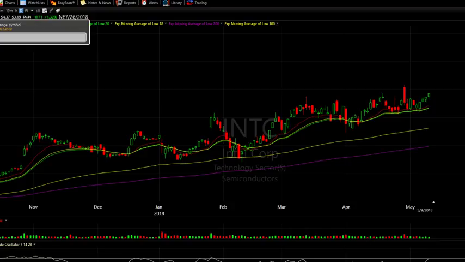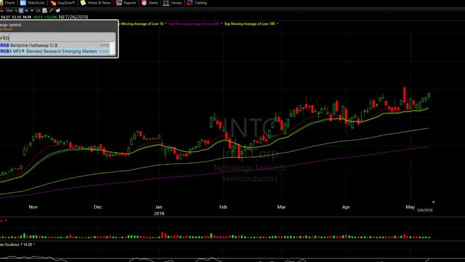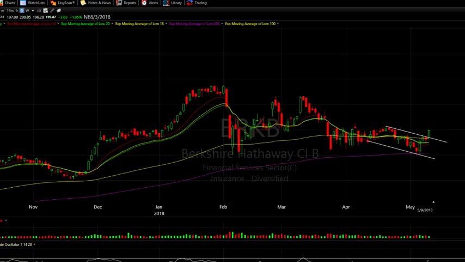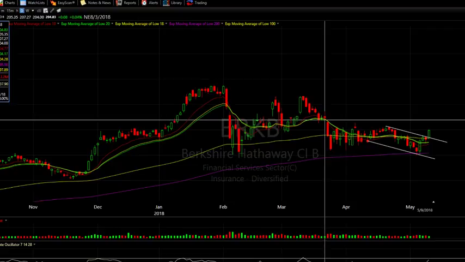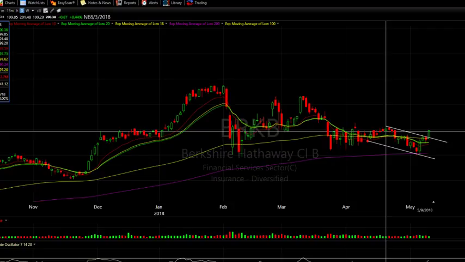Yeah, BRKB. This is something that is getting close to a real break, as you can see here. Of course, it's a Warren Buffett stock, and it's probably going to go and test the gap over here. So if you see a break over 201.50,